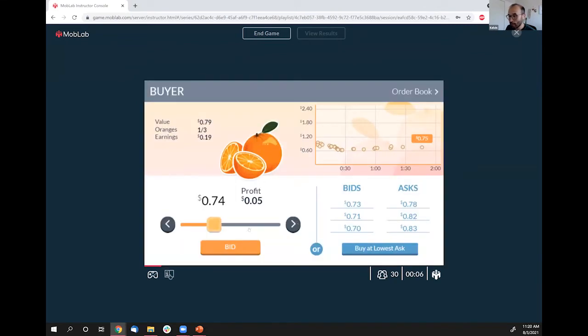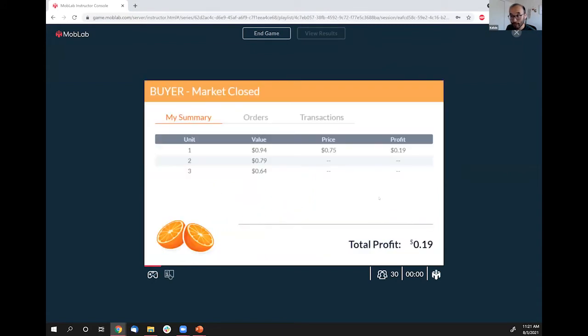Now, instead of pulling this slider back and forth, you can also click on the buy at lowest ask. So if 78 cents was a good price, which, well, the round is over now, and I want to just buy an orange for 78 cents without dragging the slider, I can just click on the buy at lowest asking price, and I'll instantly buy that orange. After each round, there is usually a 10-second wait before the next round starts, but since this is a preview, there's just one round. So that's sort of all that there is.